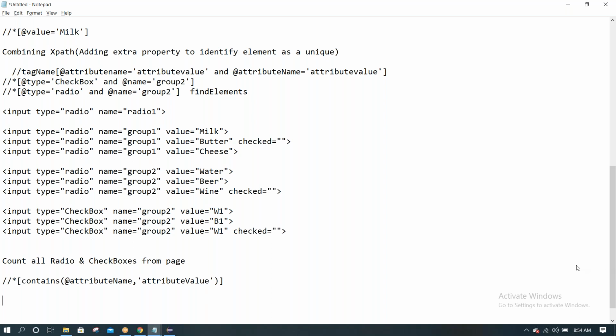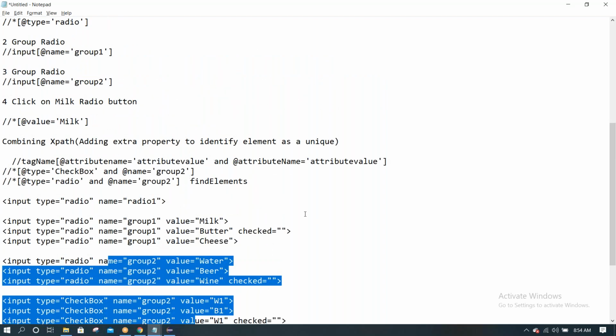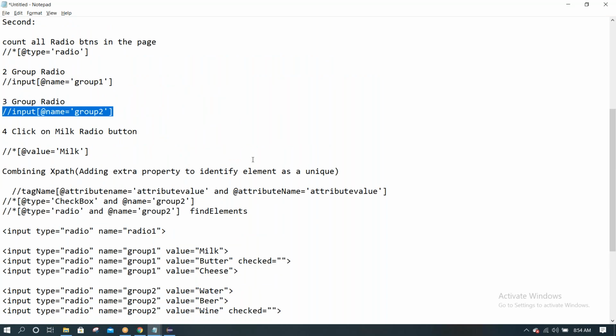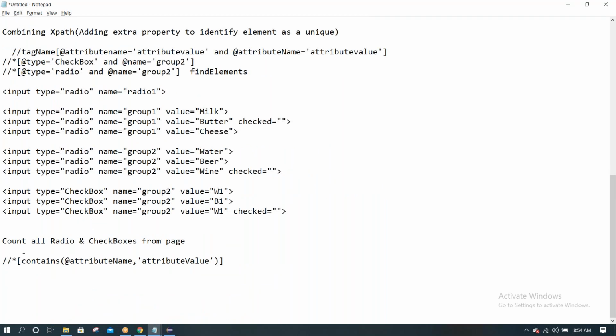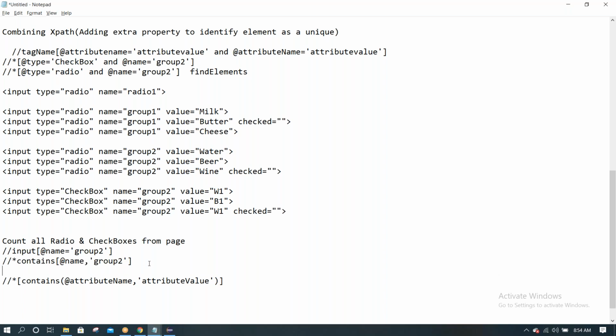Okay. As per these examples, this is fine. No need to use contains. Or if you write contains also, fine.